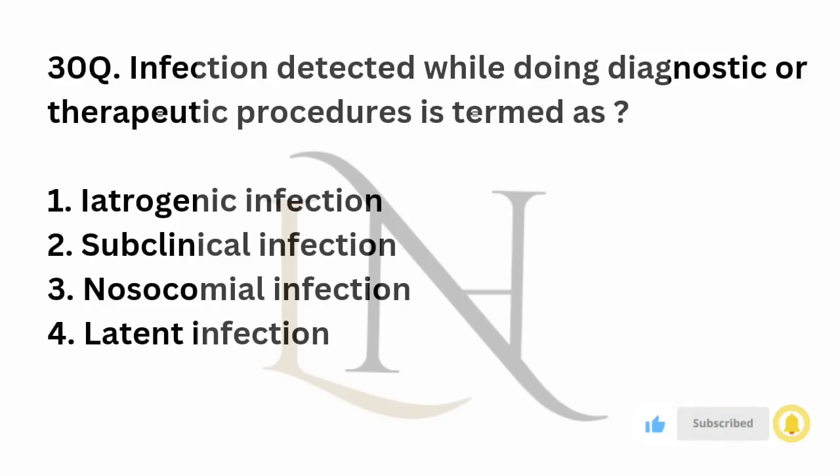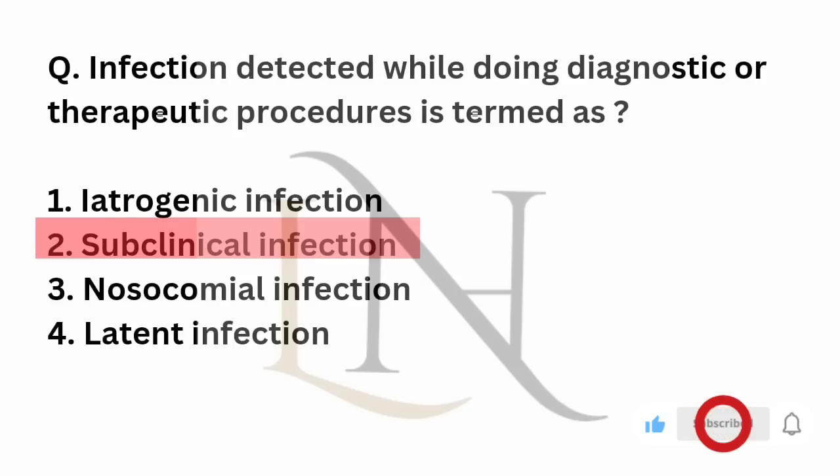Infection detected while doing a diagnostic or therapeutic procedure is termed as: Option 1, iatrogenic infection. Option 2, subclinical infection. Option 3, nosocomial infection. Option 4, latent infection. Answer is option 1, iatrogenic infection. An iatrogenic infection means that while doing any procedures and surgeries, infection is introduced through the healthcare provider,